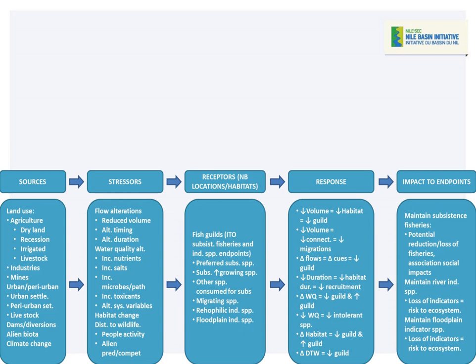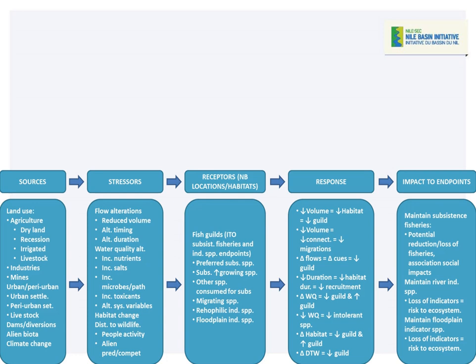How would they respond in terms of these fisheries guilds? Well, if the volume would decrease, we know that the habitat availability would decrease and the guild would decrease. If the volume would decrease, the connectivity and the potential for connectivity for migrations would decrease, and that would affect the guild. If we had changes in flows, you would have changes in cues, and that would negatively impact the guild. And we can move through all the different drivers and how, for example, even a change in disturbance to wildlife will cause a deterioration of that particular guild and contribute to stress,